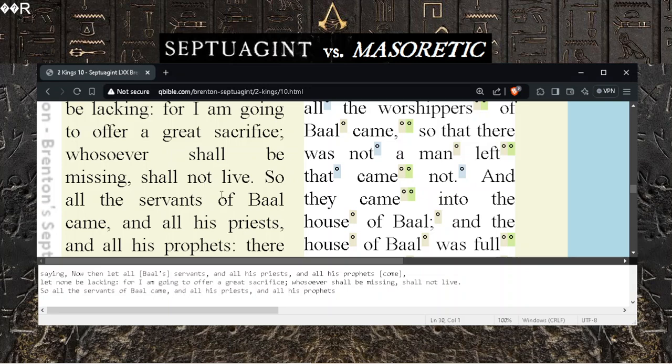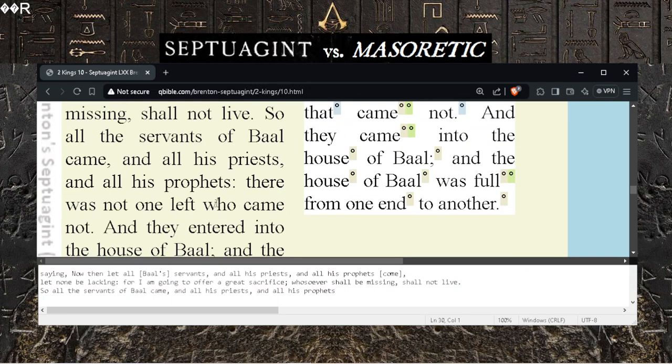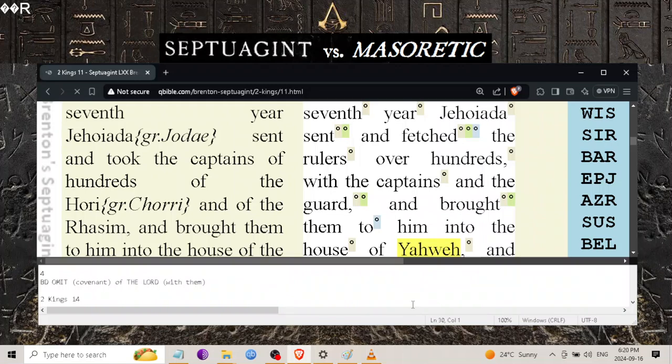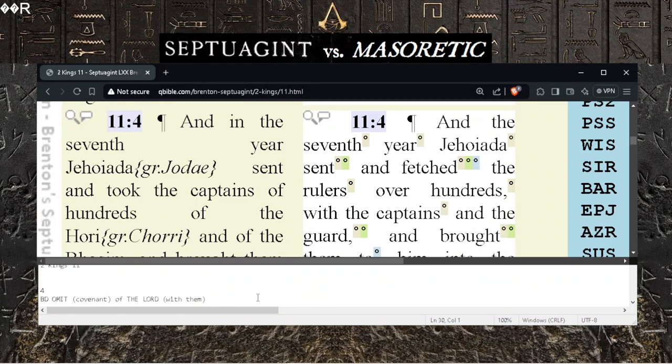So all the servants of this name came, and all his priests and all his prophets. And all of that I just read to you was omitted from the Masoretic. Okay, this one on the surface does not seem like a big difference, but this is from chapter 11, verse